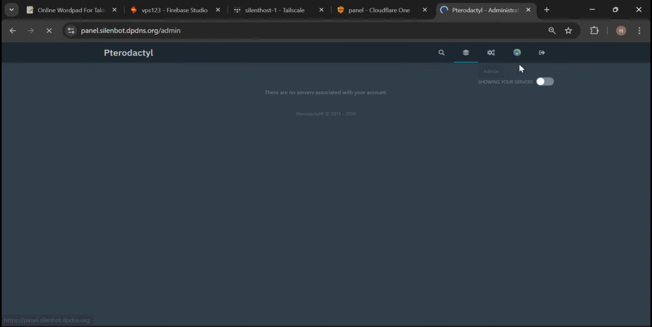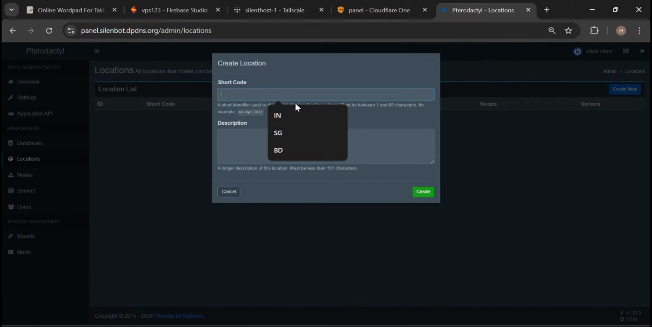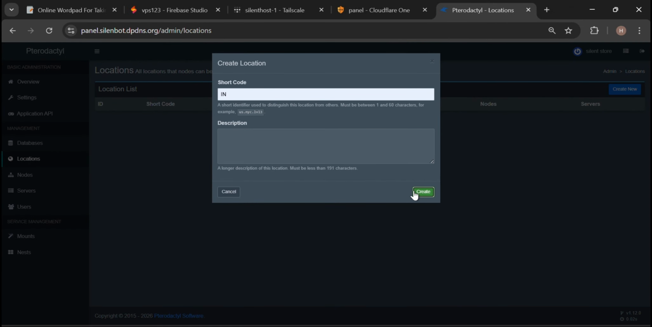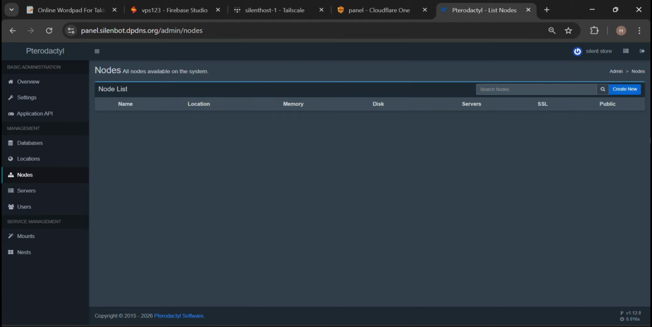Now, time for node. So first add location. So go to location and new. Create and put a short code. Like for India location, I will put IN. After that, go to node and create new and put node